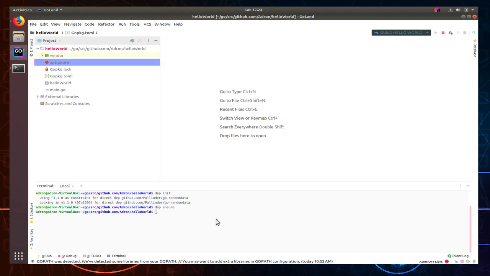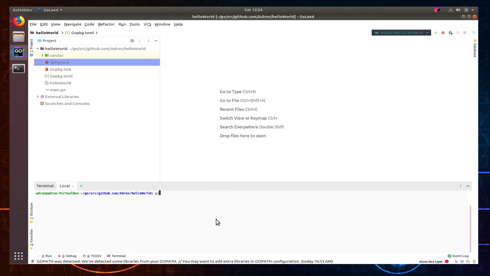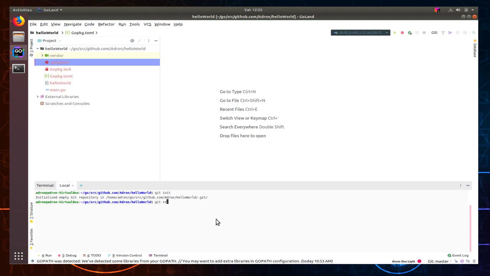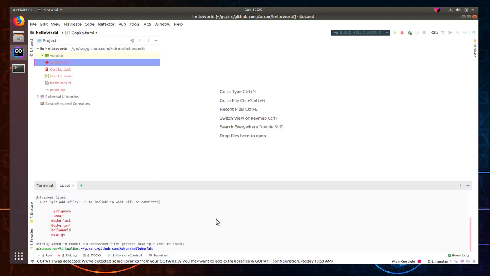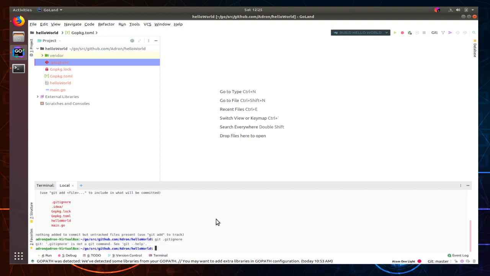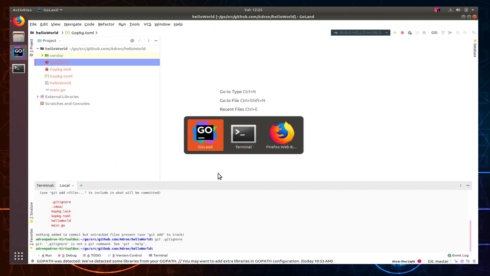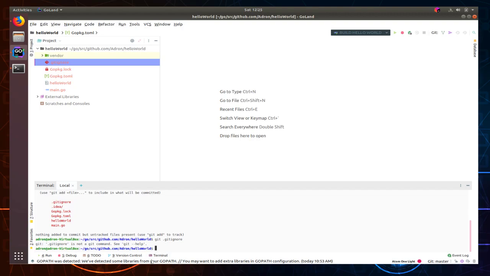I'm going to initialize this as a Git directory, like that. So now if I do a git status, boom, it's going to say I have all types of stuff I need to add. So the first thing I'm going to do is add the .gitignore. It's always my first step because I want to make sure that none of the other cruft gets installed in there. You'll also notice a .idea directory. The .idea directory is the directory for Goland, and we don't want it up there because that has the configuration values and things